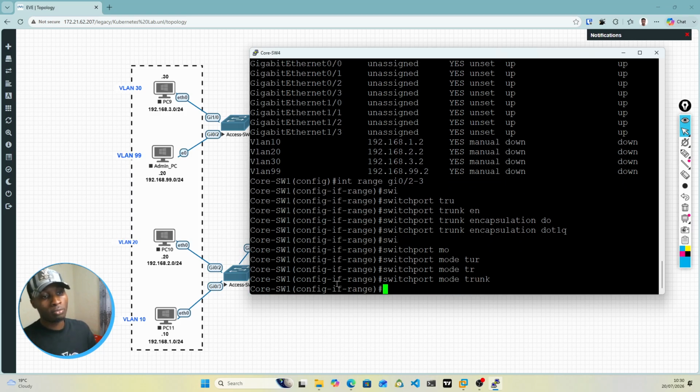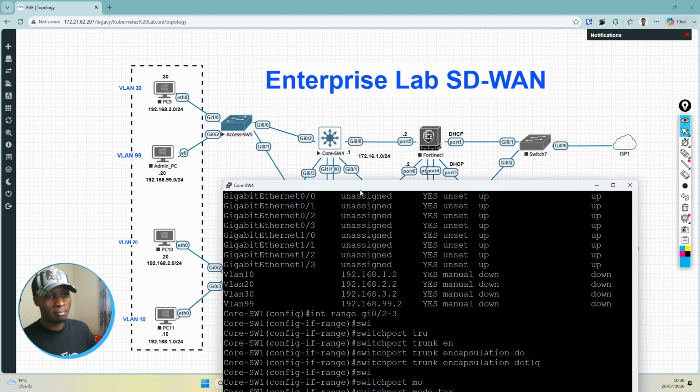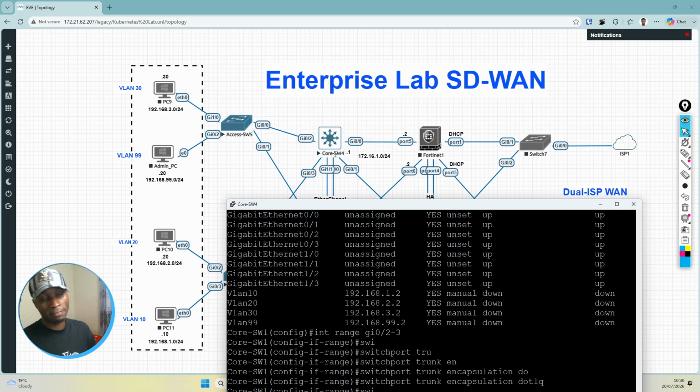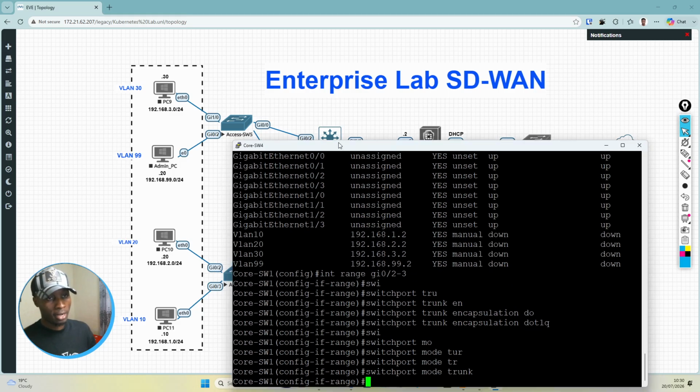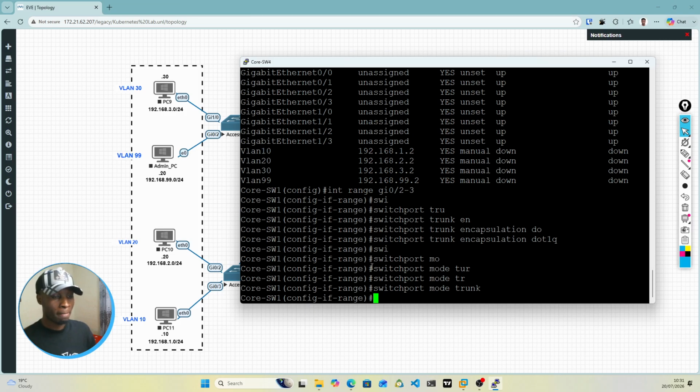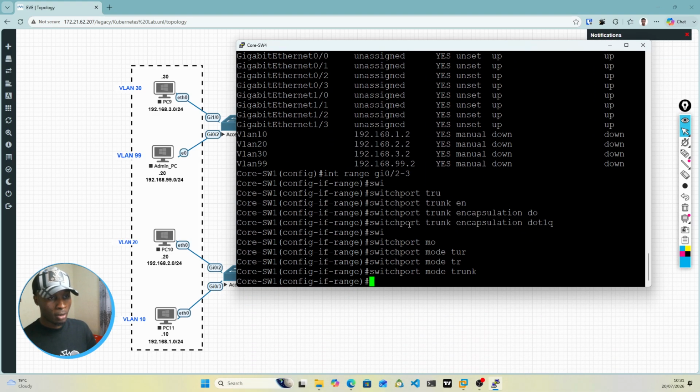So now when you're actually trunking interfaces like this, there's something called the native VLAN, and by default the native VLAN on all Cisco switches is VLAN 1, and sometimes you might want to change that as well. But in this environment, we'll leave it. Probably as we progress, we'll find time and come and change the native VLAN. It's good. It's a security mechanism as well that you need. So now after that's done here, you can permit certain VLAN traffic to go through this trunk port, or you can allow all VLAN traffic to go through. By default,